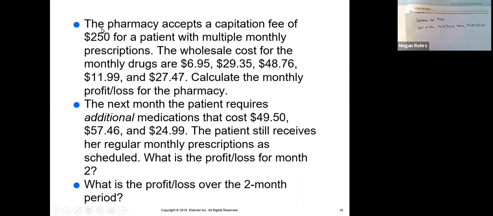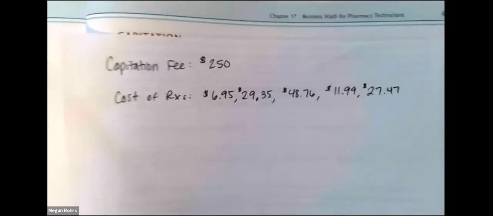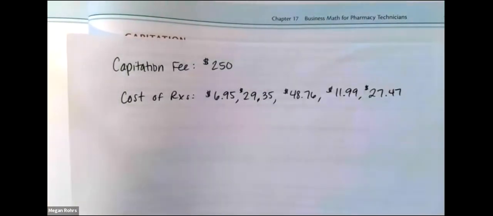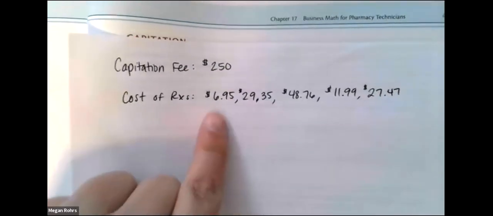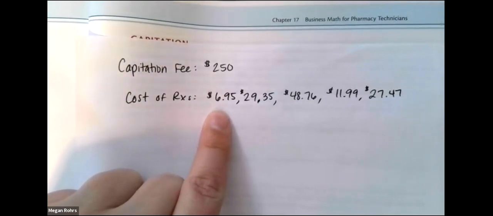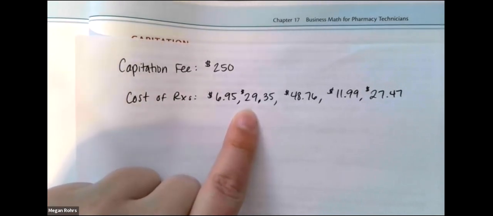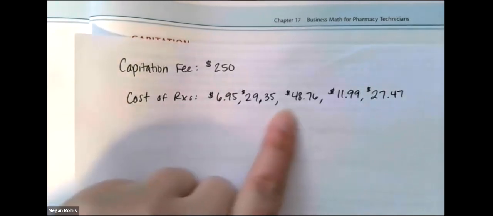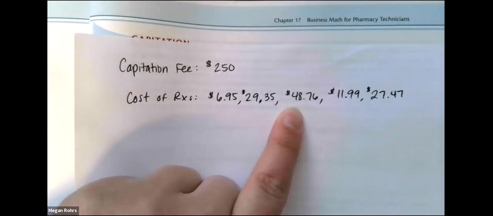So we're getting paid the $250 no matter what. Here are the costs of the prescription. All we're going to do is subtract out all of the costs of drugs from the fee that we're actually getting paid. I've written these amounts down below. So we're going to take the $250 capitation fee, and I'm just going to use my calculator and subtract out all of these amounts. So minus $695, minus $29.35, minus $48.76,